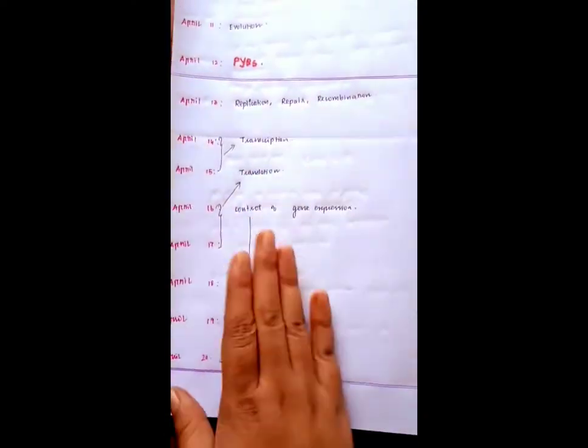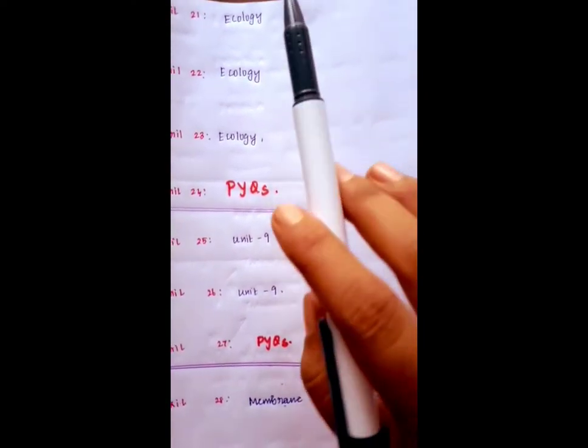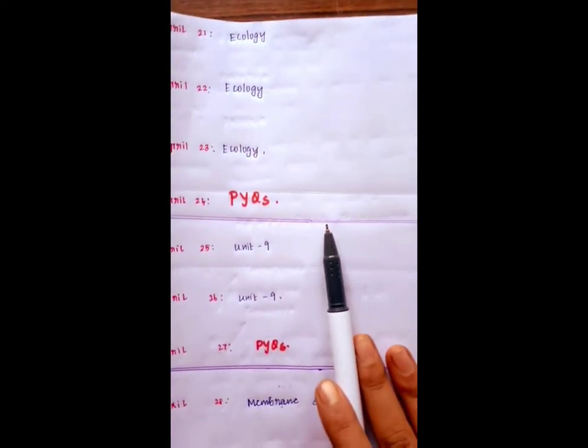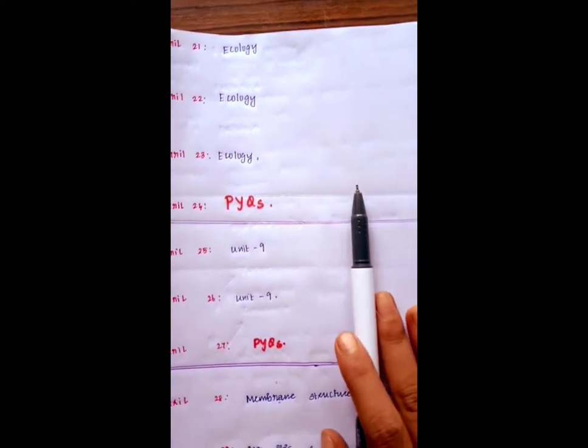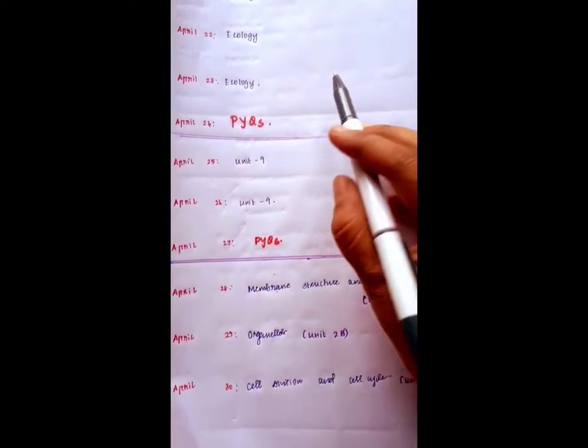The next unit is ecology, friends. For ecology also I studied only Pathfinder, and you should study it just like a story, because even if you studied ecology, it is only luck. In the June 2020 examination there were many questions from it. You won't believe me, nearly 30 marks of questions came from this ecology unit, friends. So you should complete ecology.